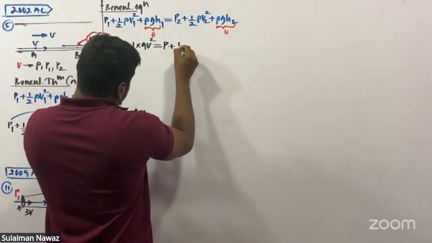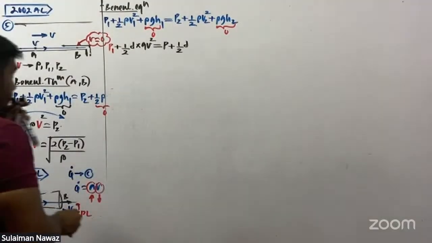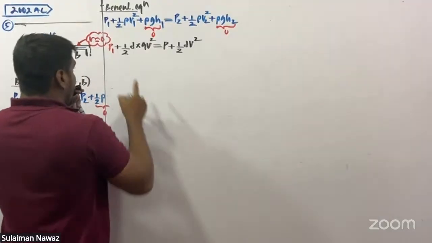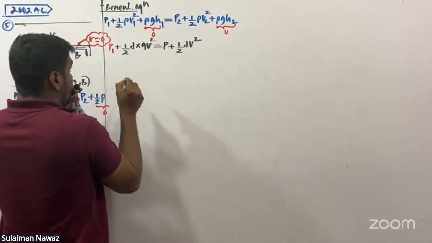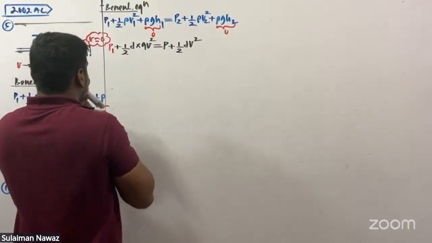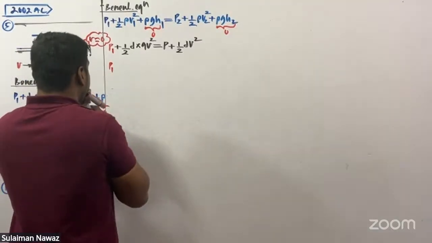Density of the fluid is d, half d. Velocity of the fluid at point B is going to be v squared. Then the target is finding P1. So what we can do here is substitute and make P1 the subject, and we will get the answer. P1 is going to be